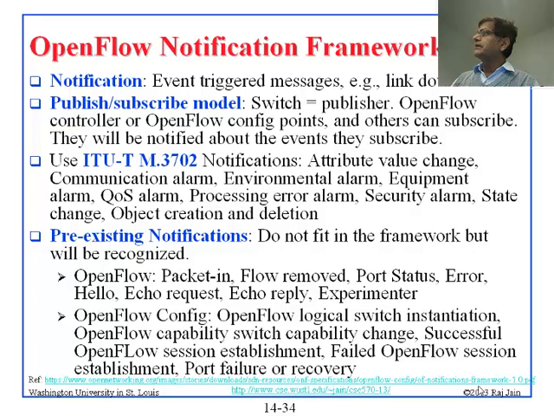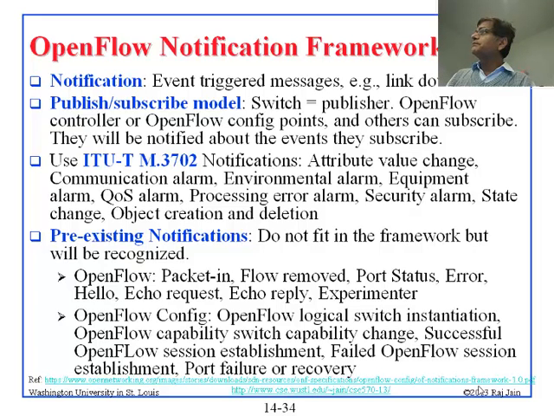Environmental alarm is the temperature, etc. So if the temperature goes up, that is an environmental alarm. Equipment alarm, if something happens to the equipment. QoS alarm, like buffering and so on, or queue length. Processing error alarm, something wrong with the computing. And security alarm, state change, and so on. So any of these things are all defined in ITU-T M.3702.